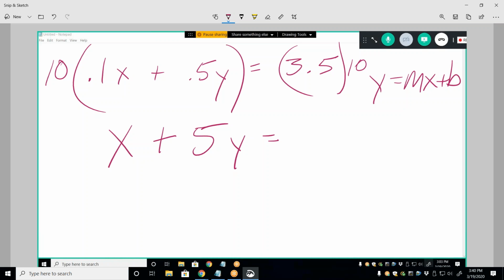Anytime. 35. Okay. Which equation is easier to deal with? The one that had all the decimals or this one? This one. Okay. So first step,